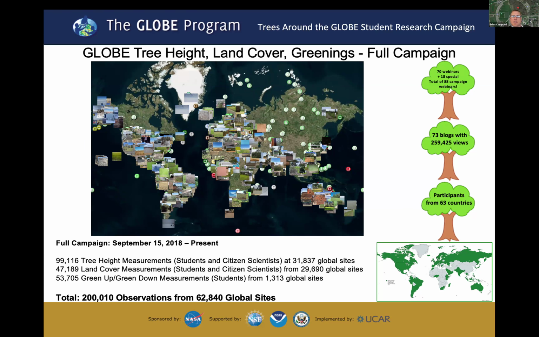It's defined, these are countries that are active. Some folks from these countries come to multiple webinars every year and are very active in the data collection. There are some countries that aren't, of course, out of the 127, there's a bunch that aren't part of this campaign, but they are still taking data. It's just we don't see them at the webinars, which is okay, because the data, we love to have them here, but the data is super important to get into the database for students to use for research projects, as well as professional researchers to use as well for data comparisons to satellite data.